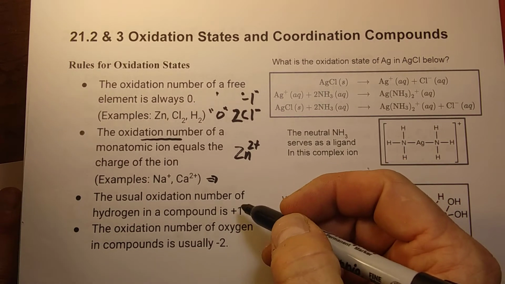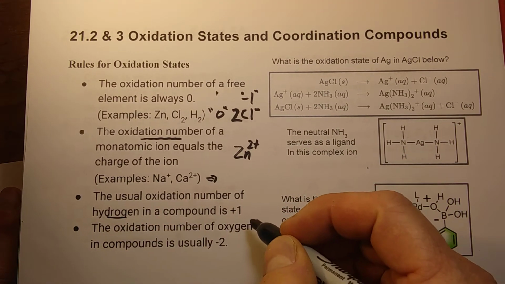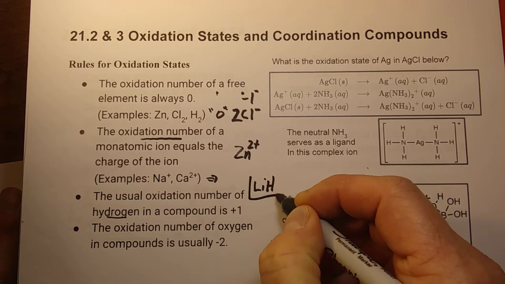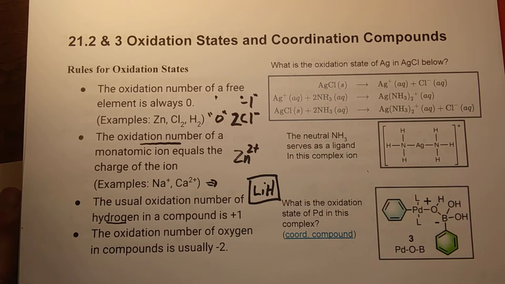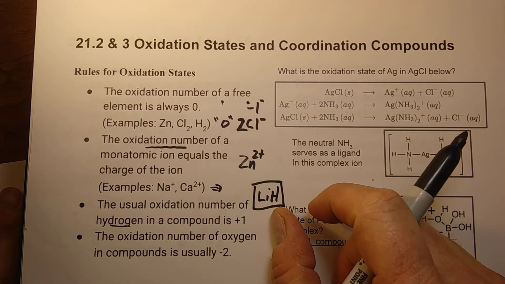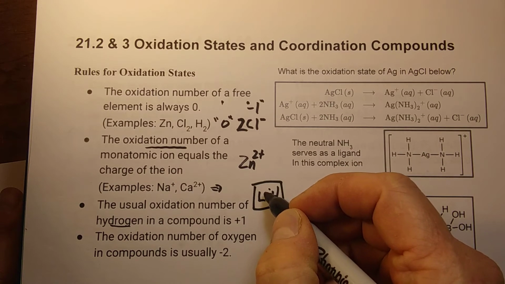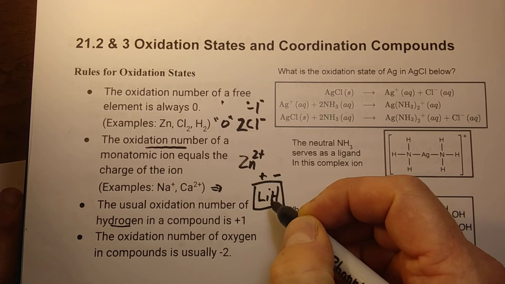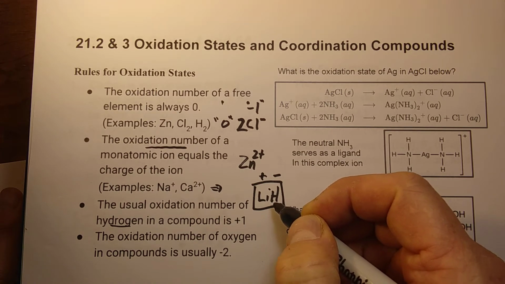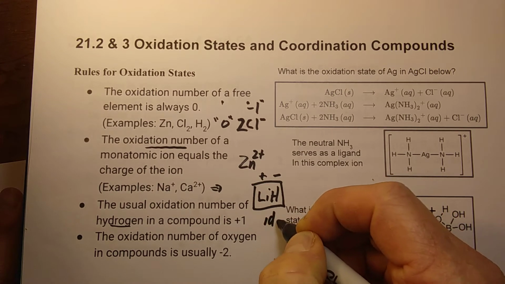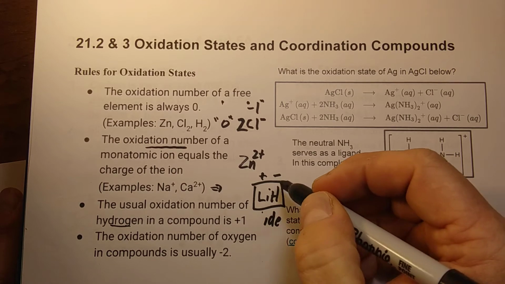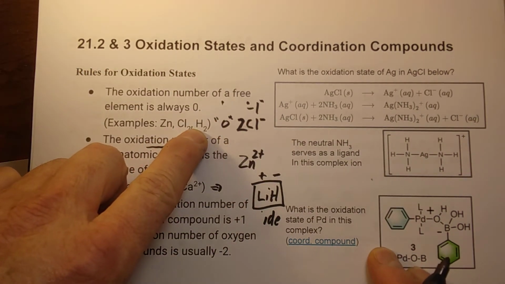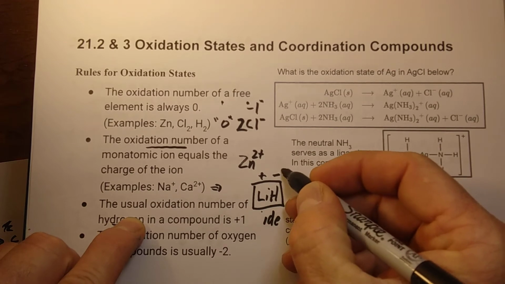All right, last two bullets. Hydrogen typically is +1. Now, there is one exception to that. If you have lithium hydride, which is a really cool substance, it is dang sensitive to moisture, like on a hot summer's day. You don't want to leave this out. Because we know lithium is not very electronegative, so it's not a full positive, but you can consider this bond to have a little bit of ionic character, and the hydrogen is called hydride. IDE is given to things that are negative. So this would mean that hydrogen has not a zero